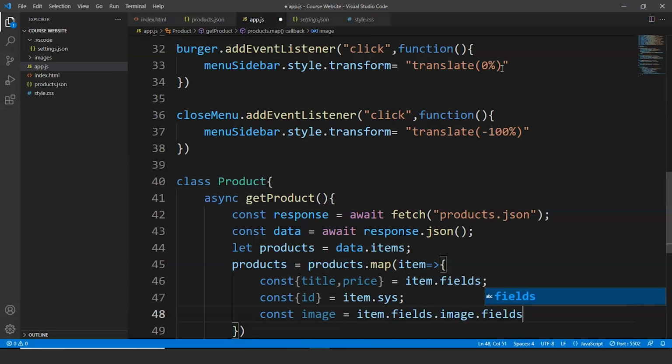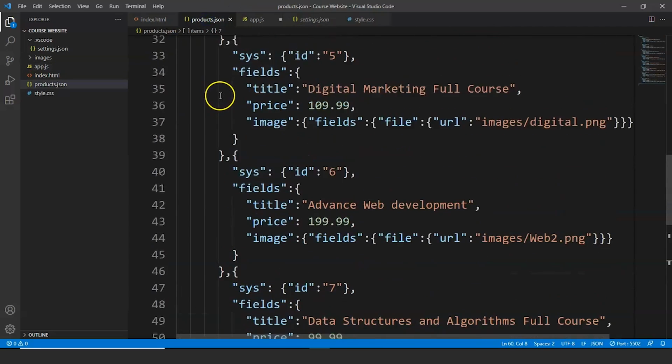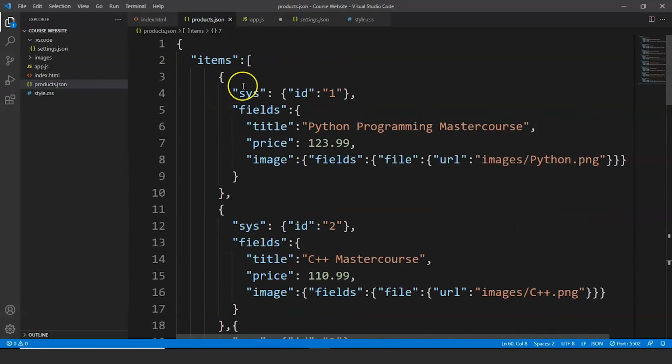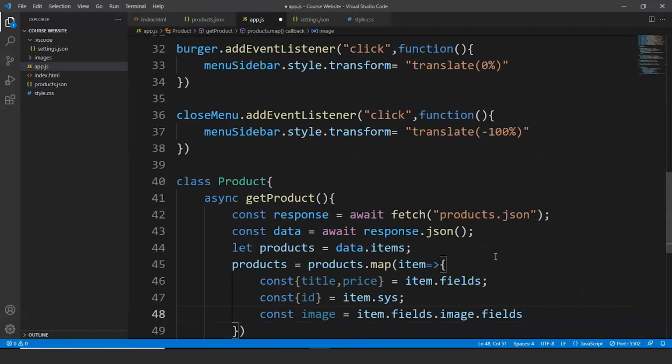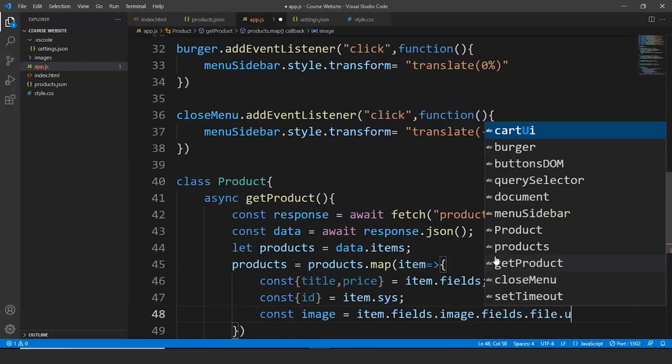We are actually giving the path, right? If you see here in the JSON file, you can see inside items we have sys, fields, then inside fields we have title, price, image, and then inside image we have fields, file, and URL. So we'll access each of them. Now we'll write here after fields dot file dot URL,